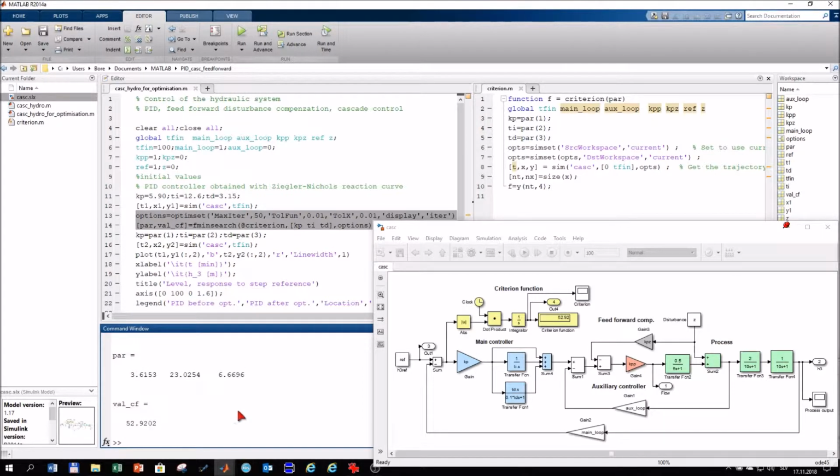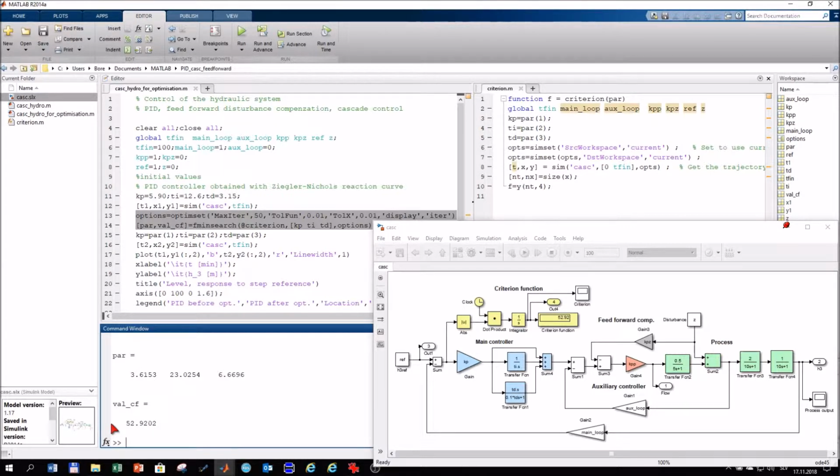We can also notice the optimal values of parameters. This is the parameter of P controller, I controller, and D controller, and this is the final value of the